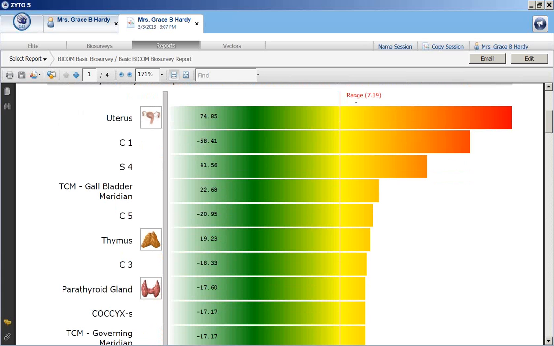So right now my baseline range is 7.19, and these numbers are considered a deviation ratio away from that. Whether it's a positive or a negative value doesn't really matter. We're looking for the deviation away from the baseline. Some people can interpret a positive to mean inflammation and a negative to mean lack of energy. It may have something to do with that, but it may not. So primarily what we're looking for is the magnitude of deviation away from the baseline range of 7.19 in